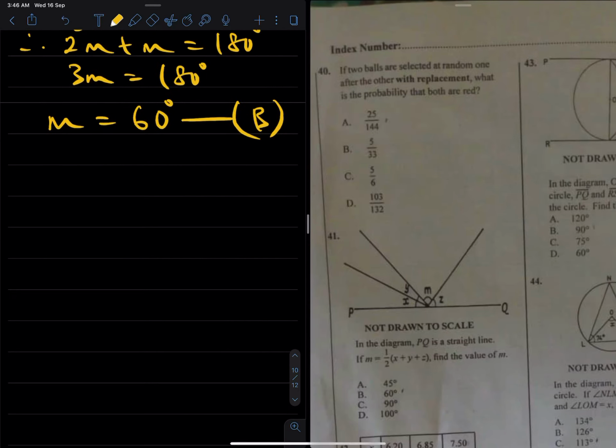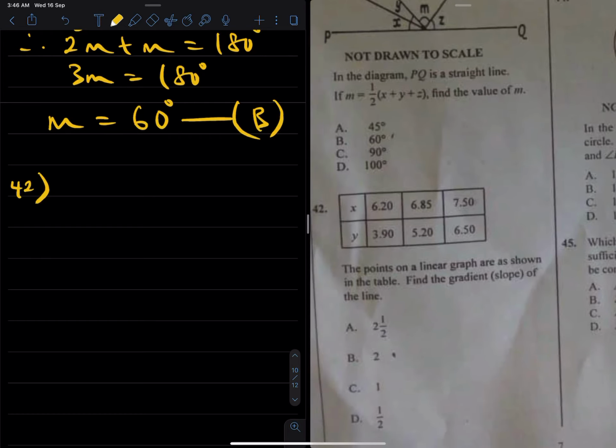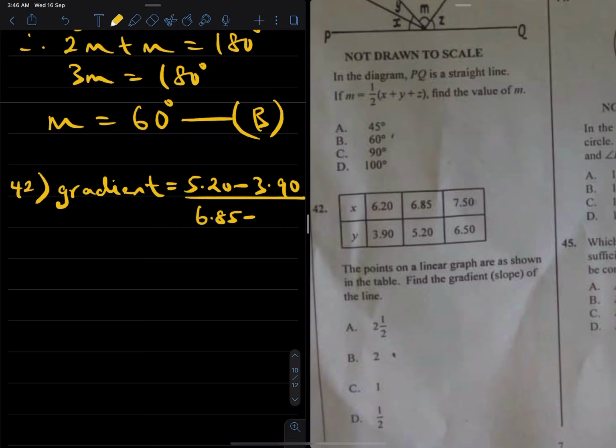And then we move on to question 42. What does that say? 42 says the points on a linear graph are shown in the table. Find the gradient of a line. Gradient is simple. Gradient is change in y over change in x, which is 5.20 minus 3.90 all over 6.85 minus 6.20,